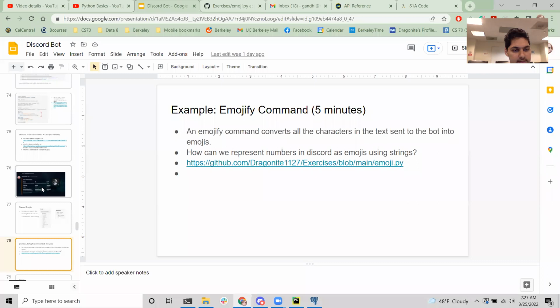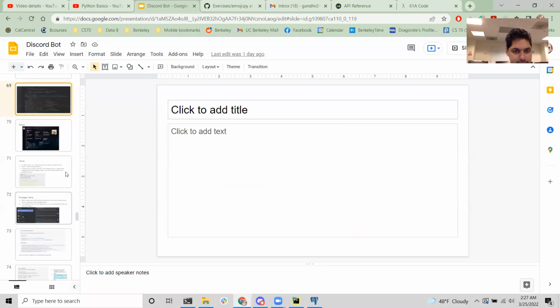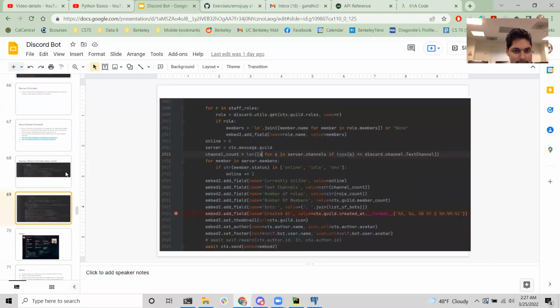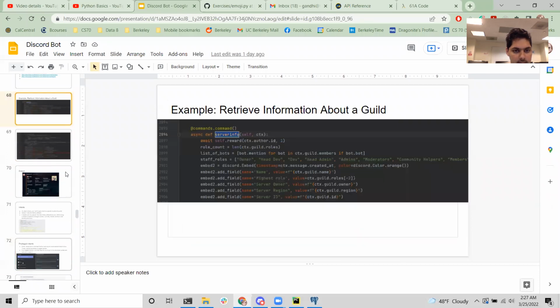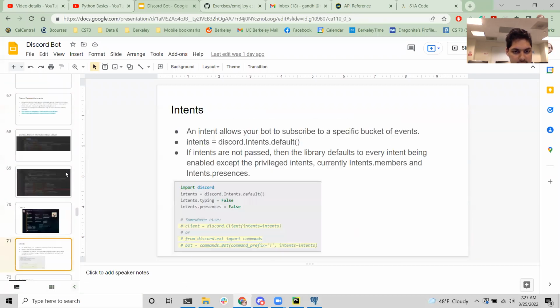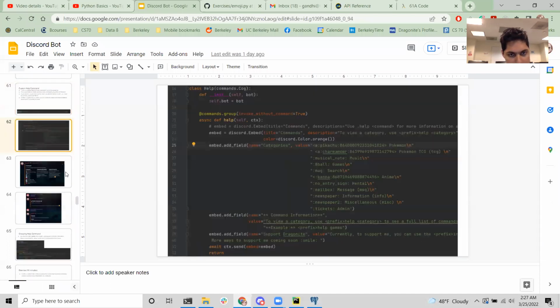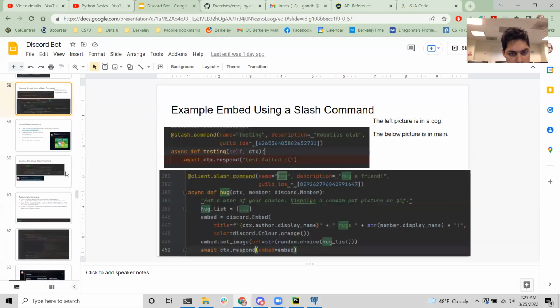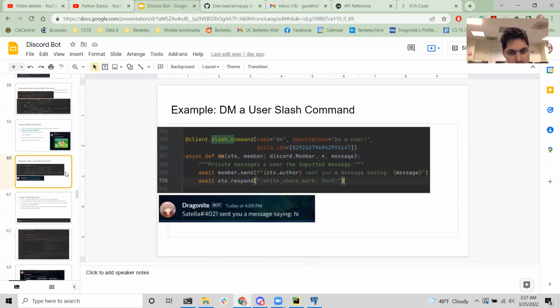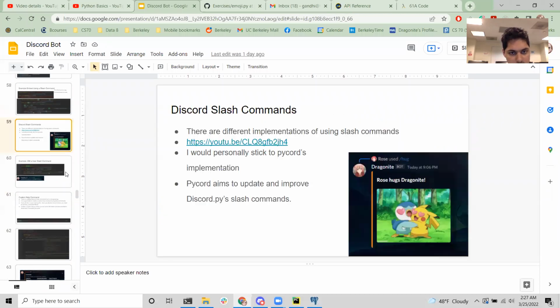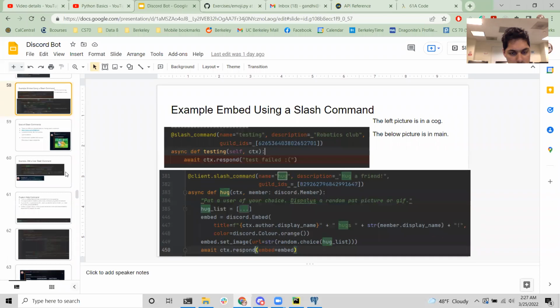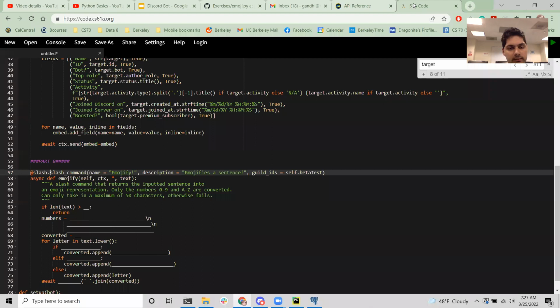Let me check the other ones. How do you make a slash command? I don't remember. Client dot slash command. Okay, just a slash command like that, since this is a cog.